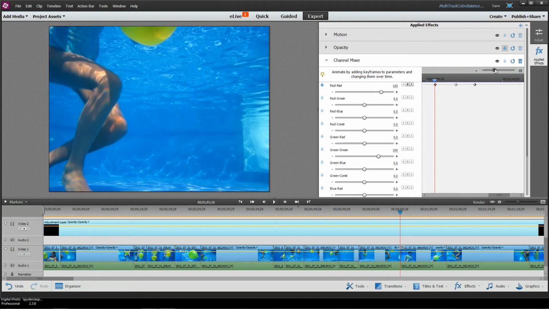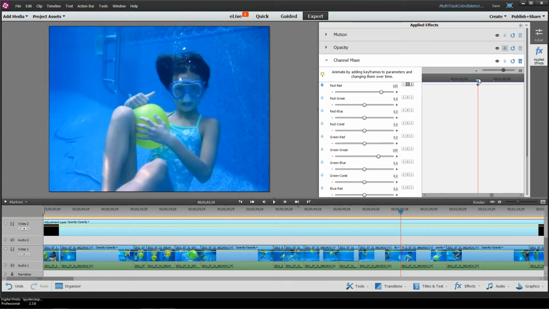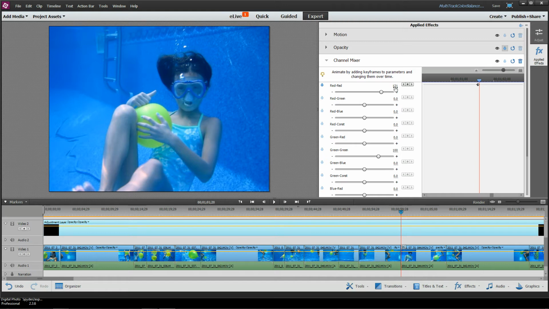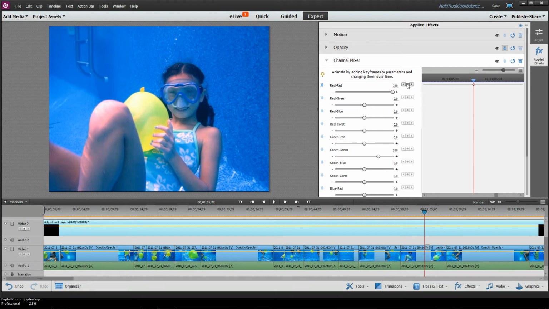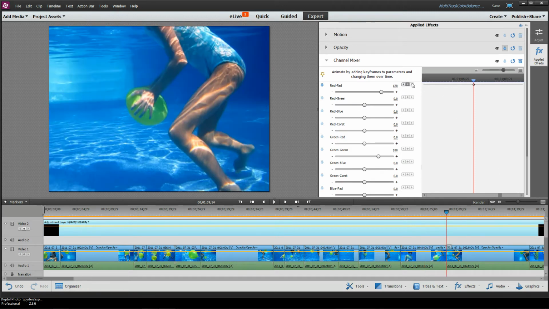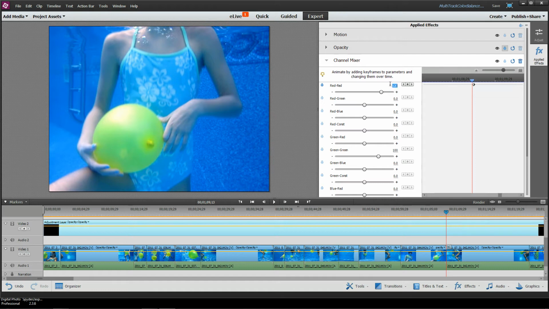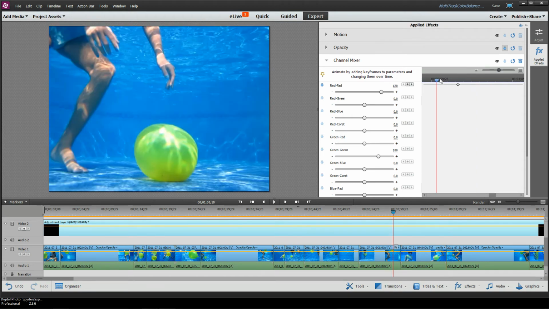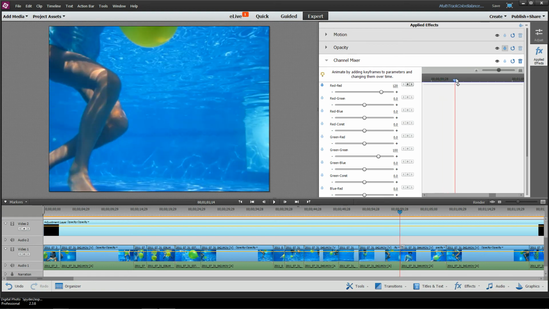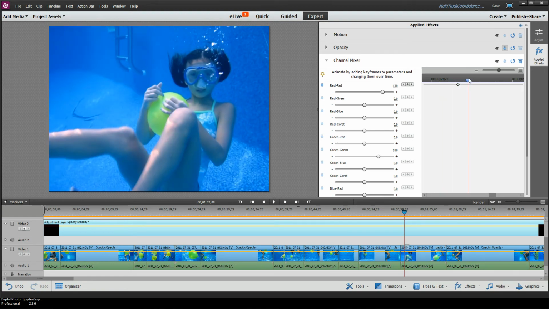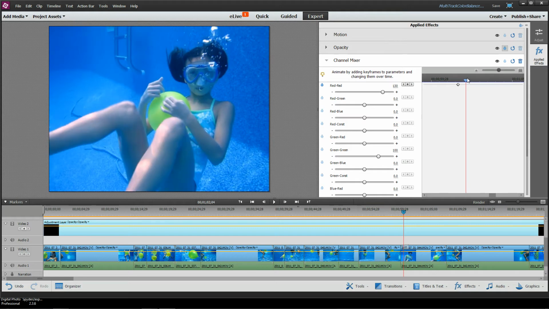So what we want to do is go to the very next frame after this marker right here and change it to, I don't know, 130. Maybe that's good enough. Probably have to change some other things here. And we'll go to our next keyframe, and let me get rid of this goofy setting that I put. And then we'll back this off and then go to 130 here. So what's going to happen here is it's going to run 120 everywhere except for this clip here. It's going to crank it up to 130 or so. Now that's probably not the best of white balance there, but you get the idea here.